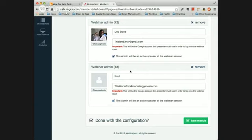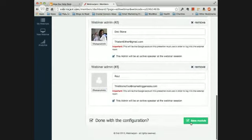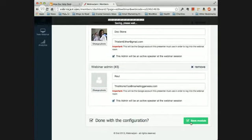So the easy answer is yes, you need a Gmail address. The more complex answer is, you really just need a G+ account and an email that's linked to the Google+ account. So you add in all of your admins and all of your presenters, and then you click this button in the lower right-hand corner, Save Module. Save Module is extremely important at every step of the presentation. So the module saves,